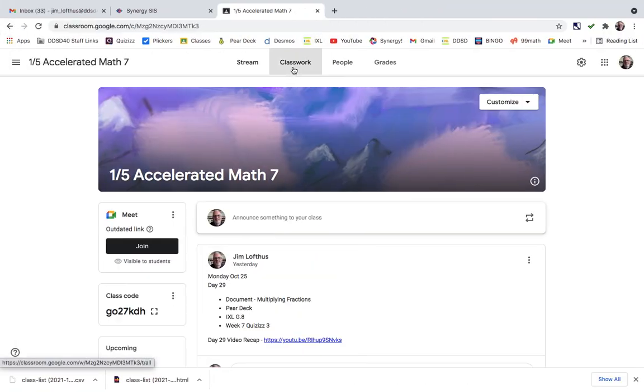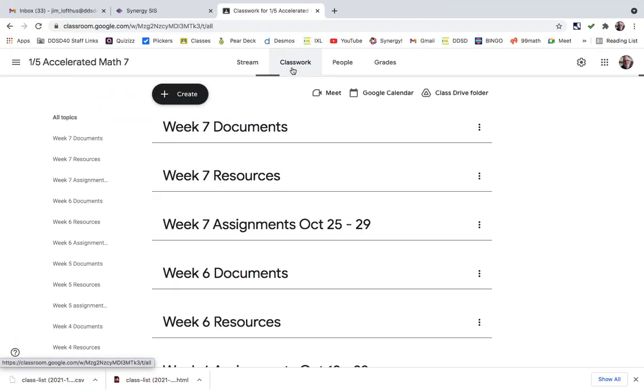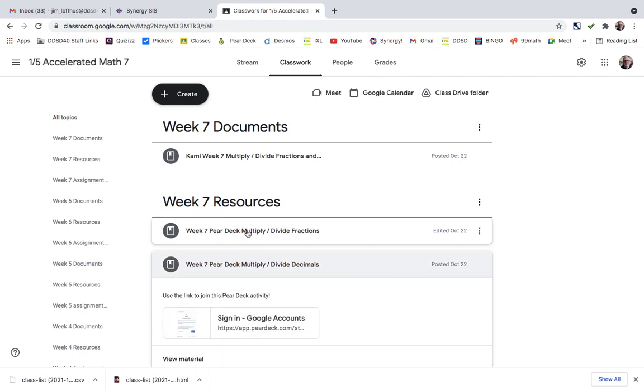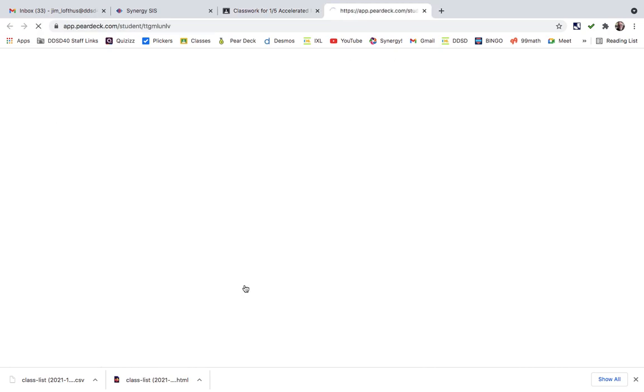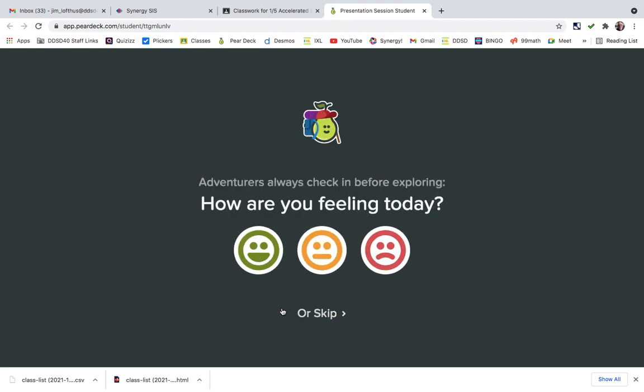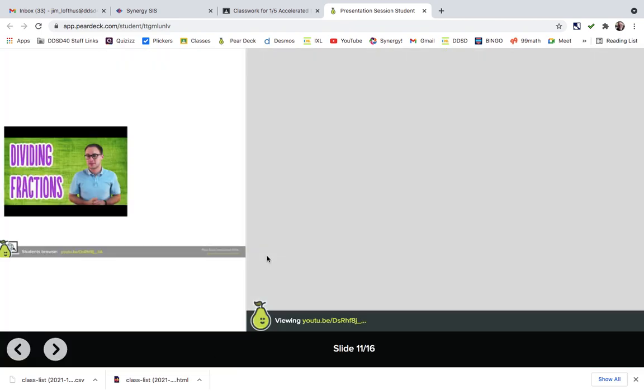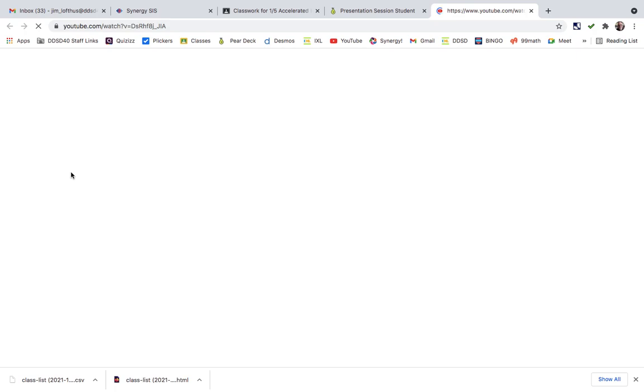So in class today, we started off in Pear Deck, the same one that we had yesterday, the first one, multiplying and dividing fractions. If you're following along here, go ahead and stop and log in to Pear Deck, multiplying and dividing fractions. And we go to slide 16. So go to this video, dividing fractions, and just go to the first